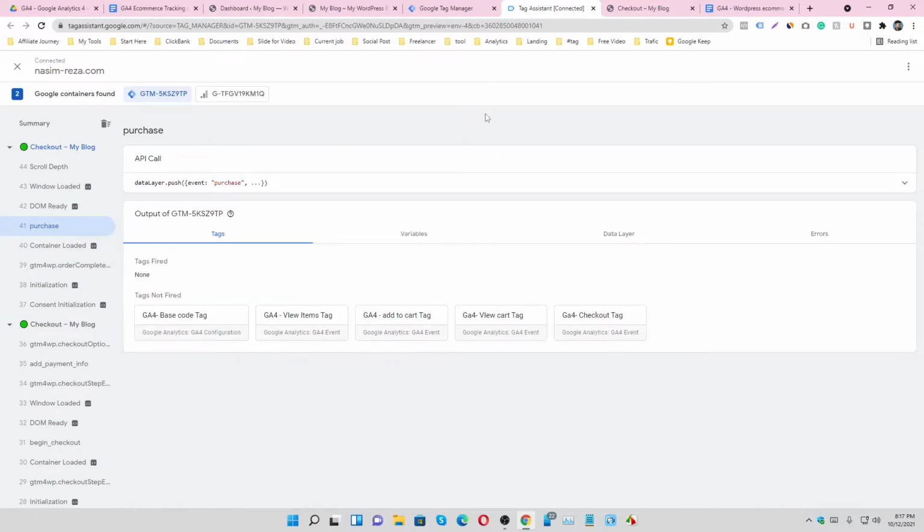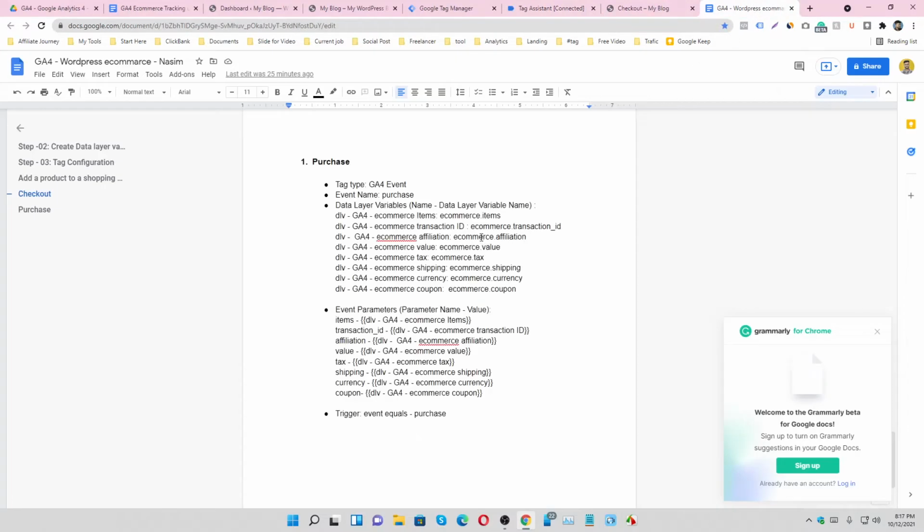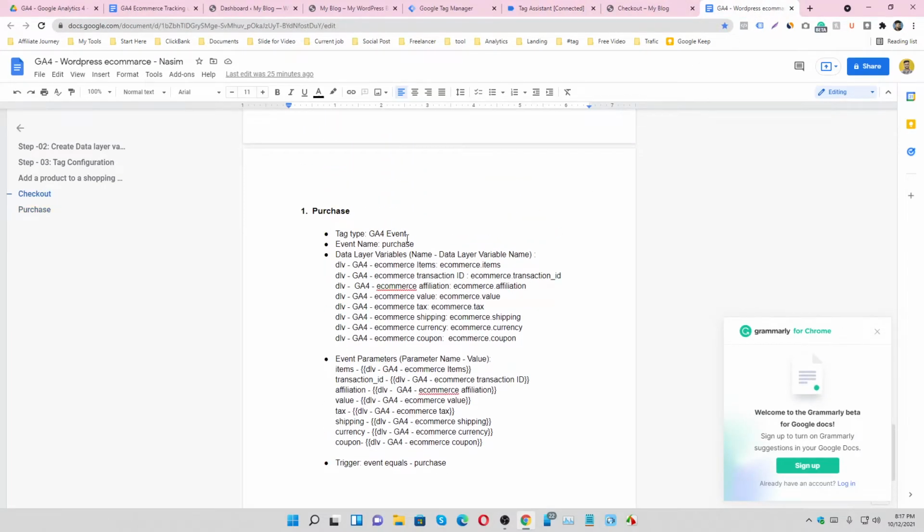First of all, we have to make a Google recommended event. Google says if you want to track purchase event, you have to collect all data like transaction ID, affiliation, e-commerce value, tax, shipping, currency, coupon.